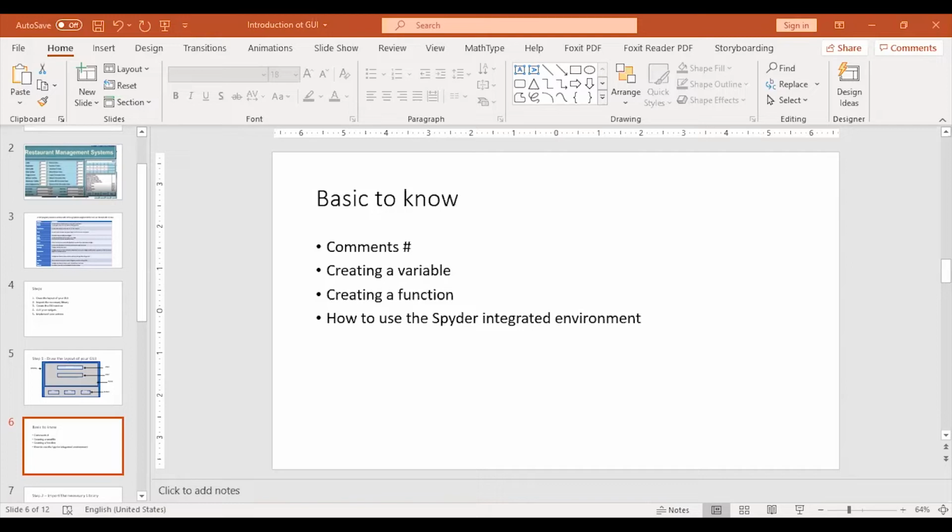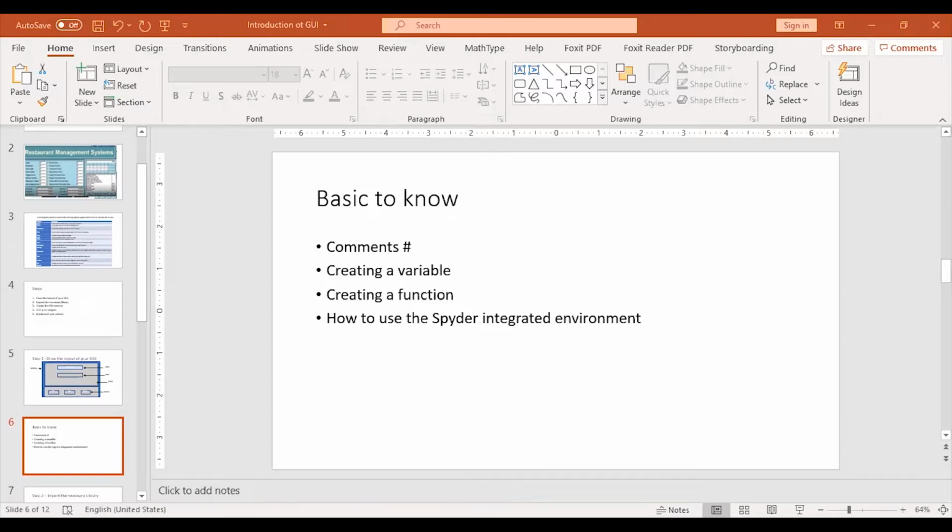So again, how to use comments. Let's say I want to do something like this. I want to say next line, print 4 plus 5. So print 4 plus 5. If I run, it automatically executes the first line, then executes the second line, and of course you can see the results on your console. However, if I don't want it to execute the second line, print 4 plus 5,